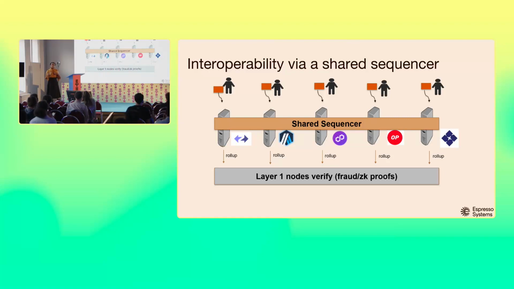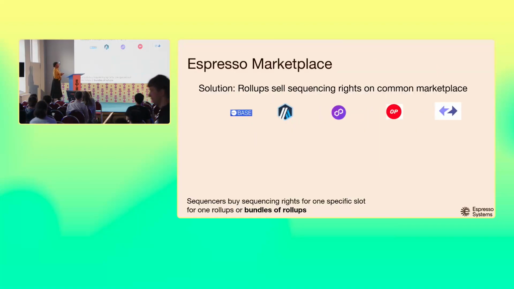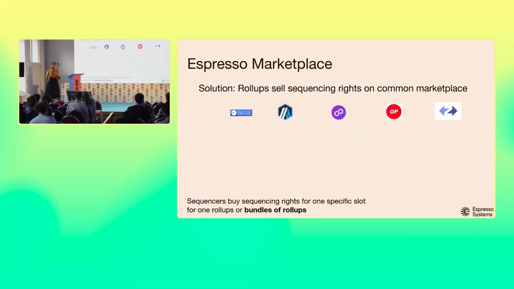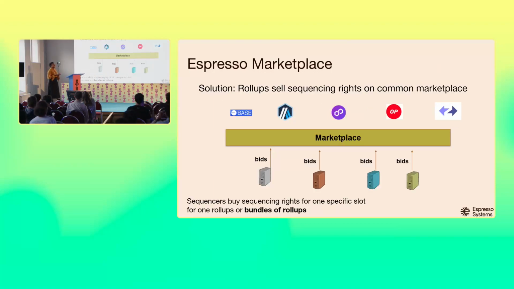And if you guys were here for the sequencer talk earlier, normally if you have a shared sequencer, it tends to be a decentralized network, it tends to be a blockchain, so therefore you can have more crypto-economic security guarantees. The issue that we had, however, is that when we spoke to rollups and layer 3s, they actually had an issue with sovereignty. They would still like to maintain sovereignty over their sequencer. So the solution that we came up with is the Espresso marketplace, where essentially Rollups have